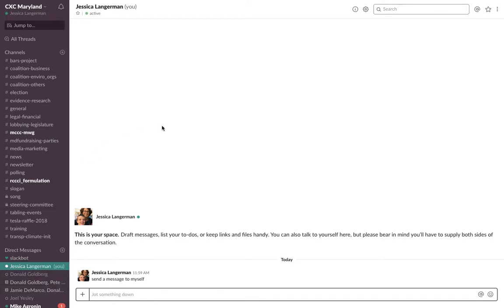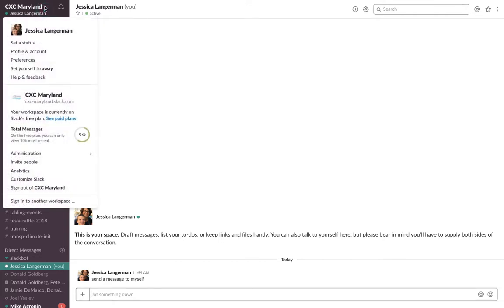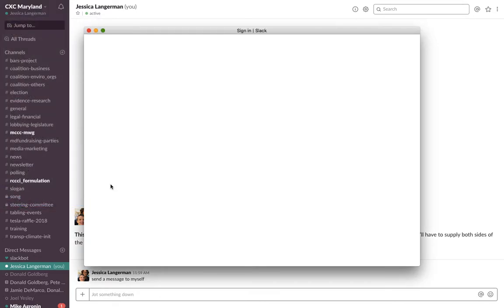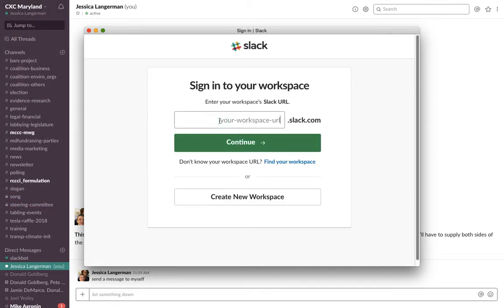Okay, so I think we've covered the main things. If you are working, you may already have Slack in your own office, in which case you may belong to more than one workspace, which is what these things are called. And you will find that you can actually sign into another workspace if you want. So for example, I also belong to